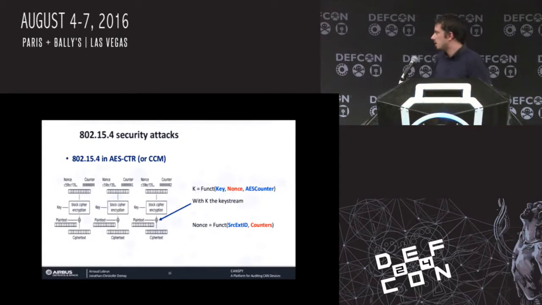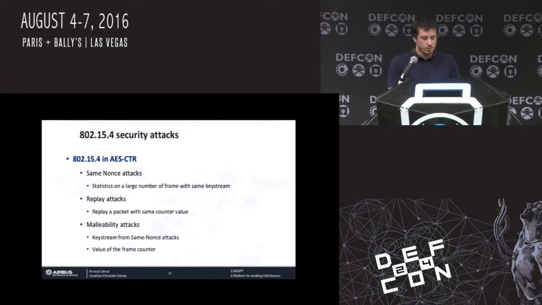Now the nonce on 15.4 is based on the source EXT-ID, so it's something we can find, and frame counter. So in order to do our attack, we will need the same nonce. So basically having a large number of frames with the same keystream, and so the same nonce, that will allow us to do our cryptanalysis.